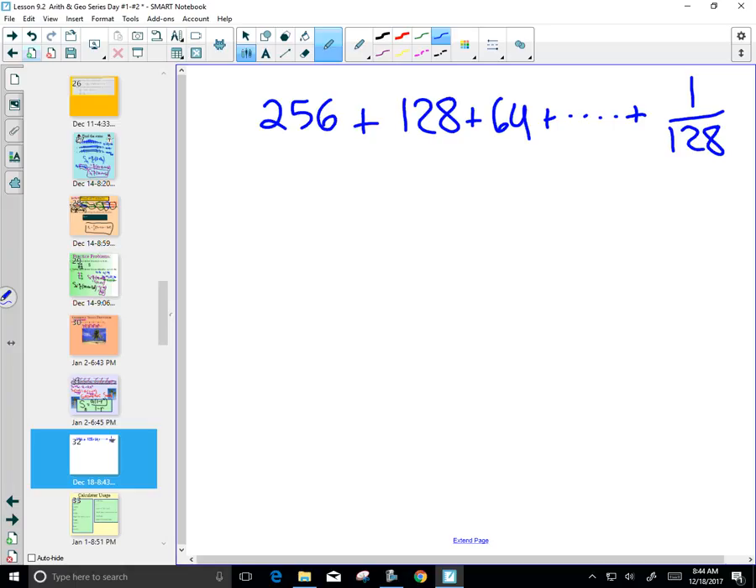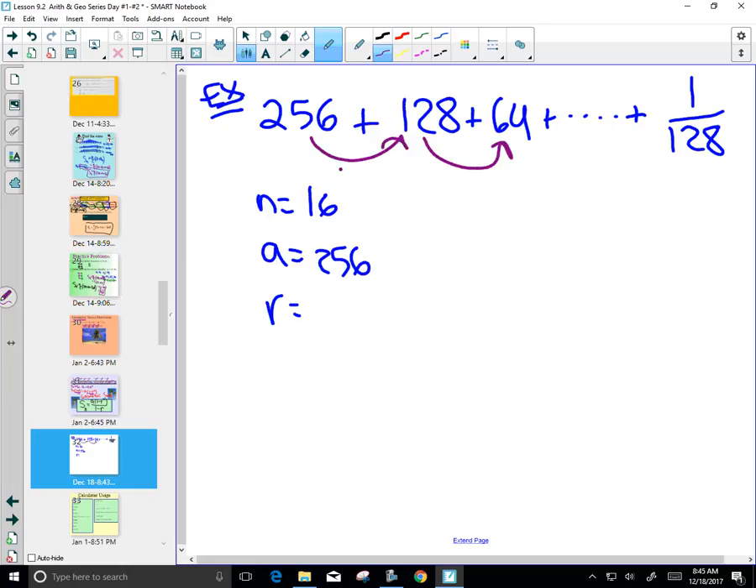This is going to be, so n equals 16. What's the first term? 256. So that's going to be 256. And what's the common ratio each time? We're doing what each and every time? Half, multiplying by a half. So this will be 1/2. So now you can find the sum of the first 16 terms. That's going to be equal to